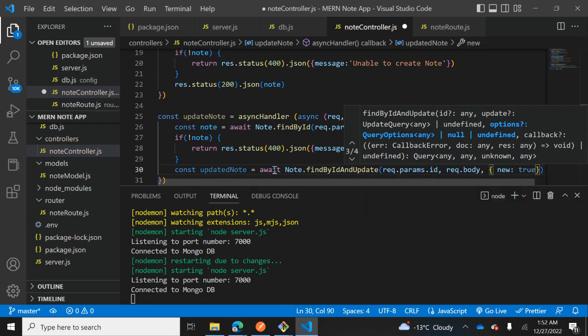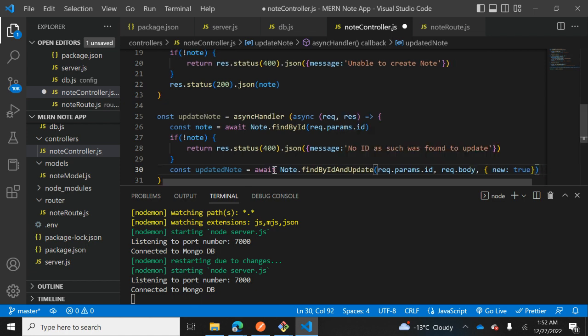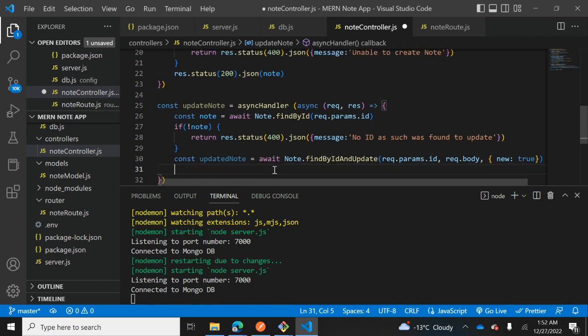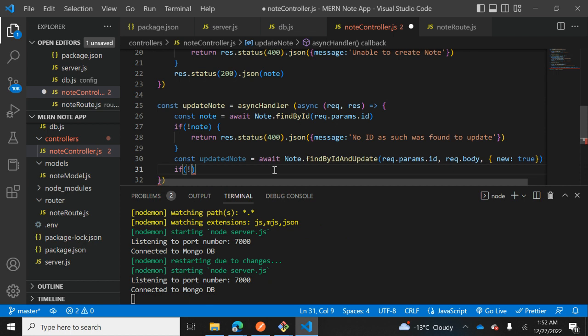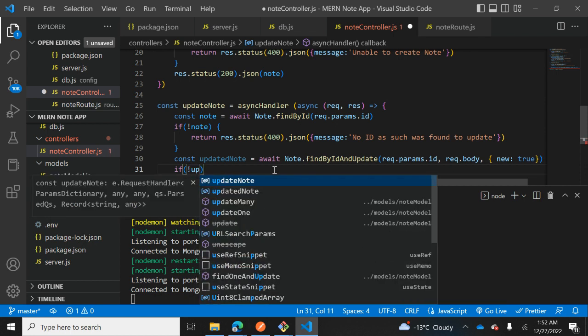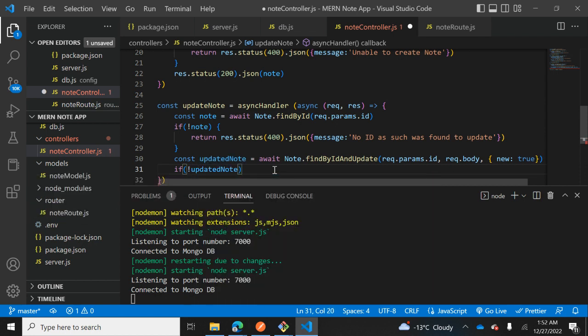It means that if there is no body, just create a new one. Now if there is no updated note,